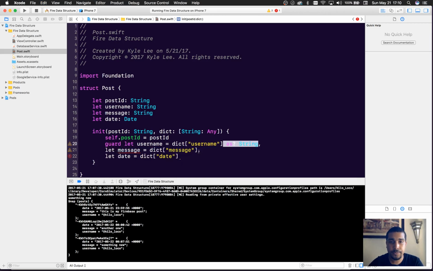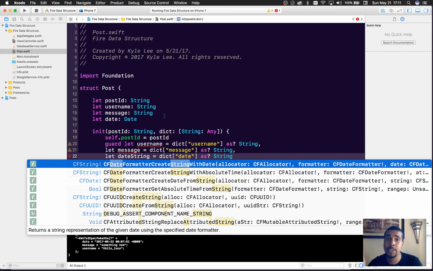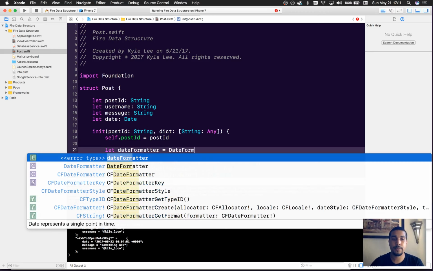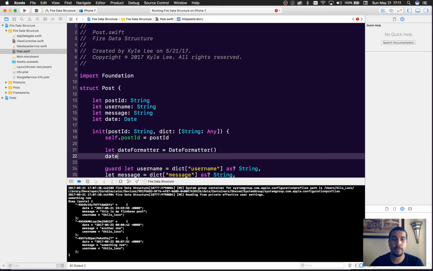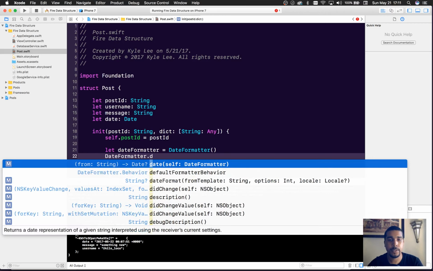and we'll just copy this as string. So remember, our date that we want to specify is going to be a string when it comes down, but for our actual object, for our post object, we want it to be like an NSDate or a date object. So we have to get our date formatter going too. So before we do all this, let's do let dateFormatter, and this is going to be equal to DateFormatter, and then dateFormatter dot dateStyle, or no, dateFormat